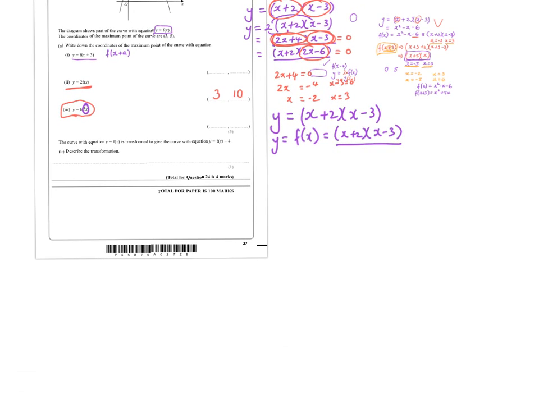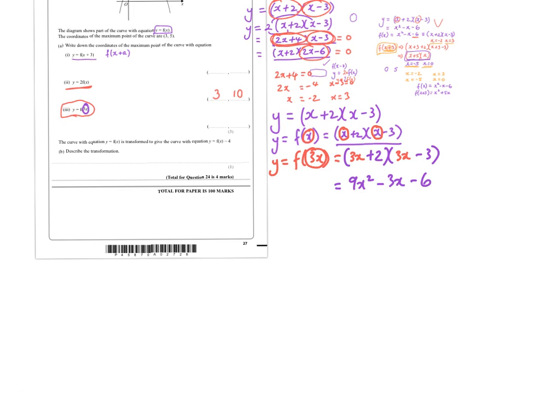Okay, so we want to get to the situation where we've got f of 3x. So what we're saying is x has actually become 3x instead. Whenever we write this here, we're just going to substitute x for 3x. So we're going to have 3x plus 2 multiplied by 3x minus 3. And if I multiply that all out, I'd have 9x squared minus 9 plus 6 is minus